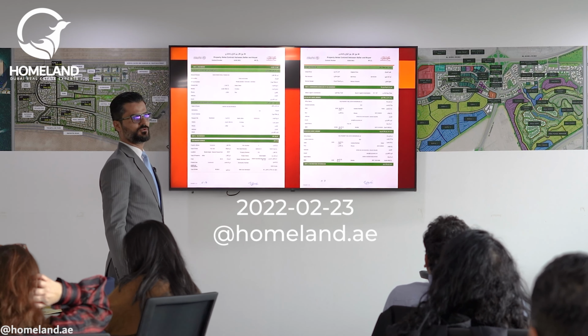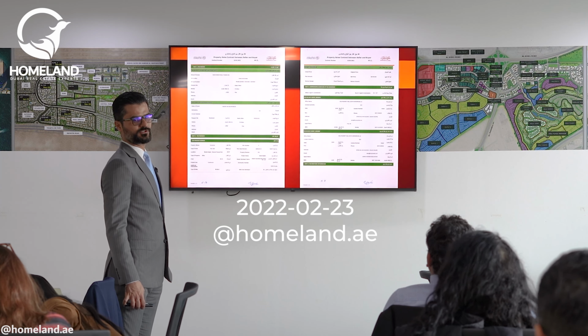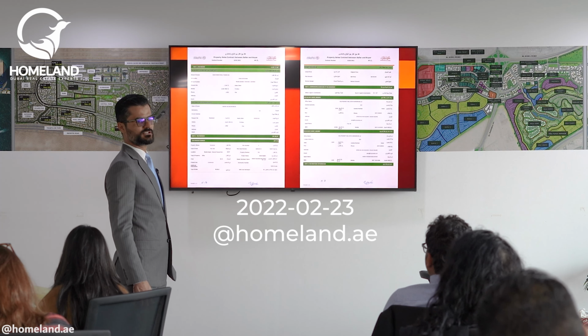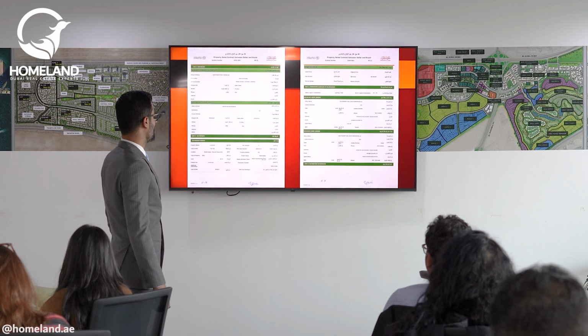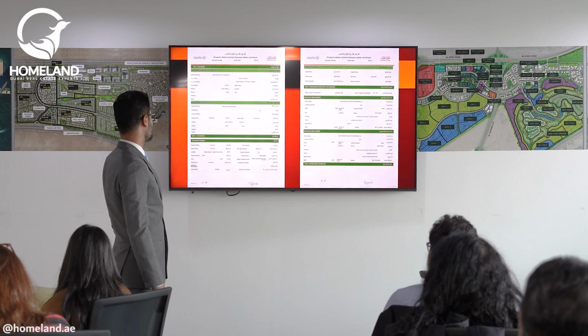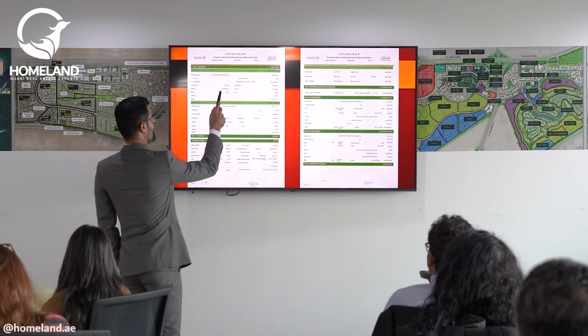Sample of Form F, the old format which we are not using anymore. We are registering all the deals on the Dubai REST app so that all the deals will be registered in RERA. But the old school, the old contract, this is a sample of it, which says the details of the